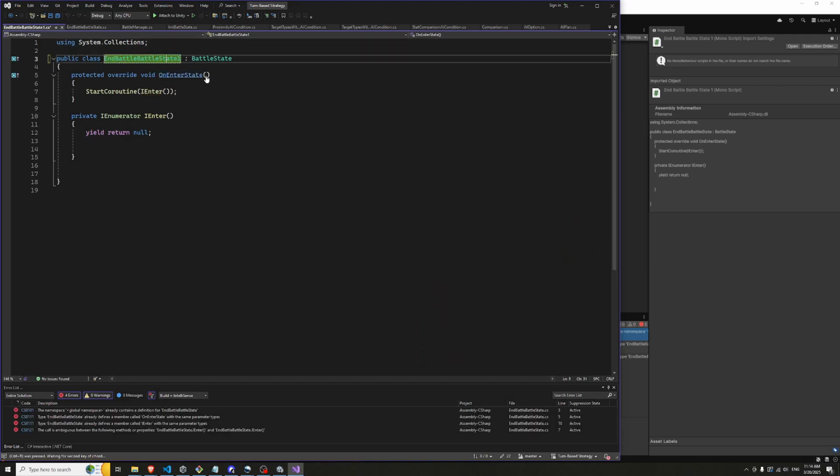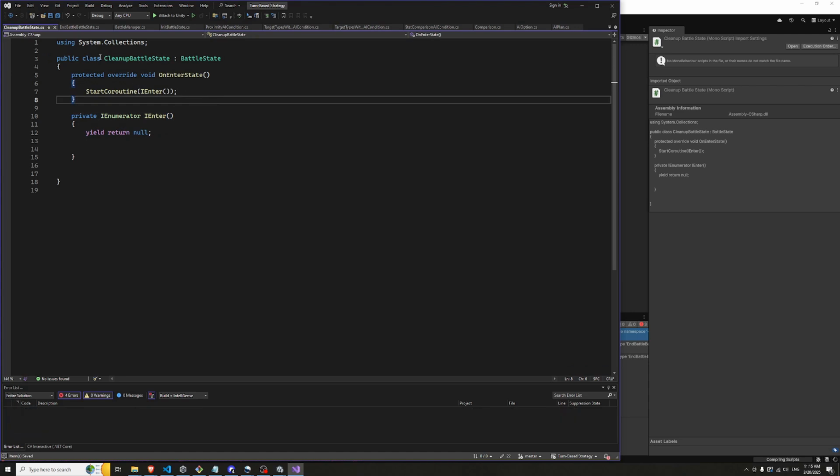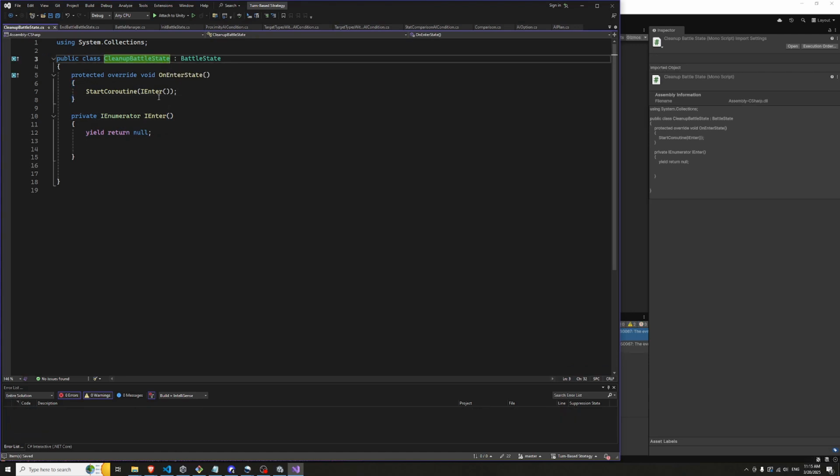We'll do it in 2 stages once we get there. When a battle finishes, we will go to the cleanup battle state. Well, we'll fade out or something. Go to the cleanup battle state, which erases data that we don't need anymore. We'll delete all the battle units, do all the cleanup. And then we will move to end battle state, which will trigger us returning to the game controller or the game manager. So in cleanup, to do,